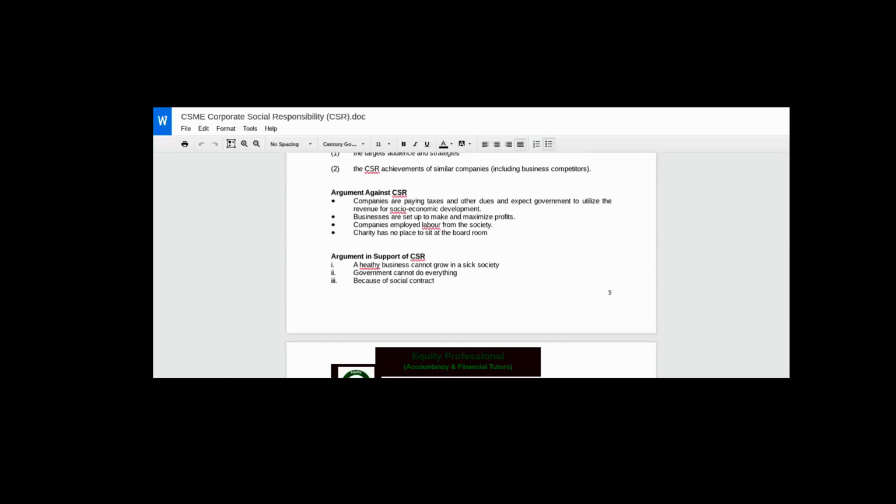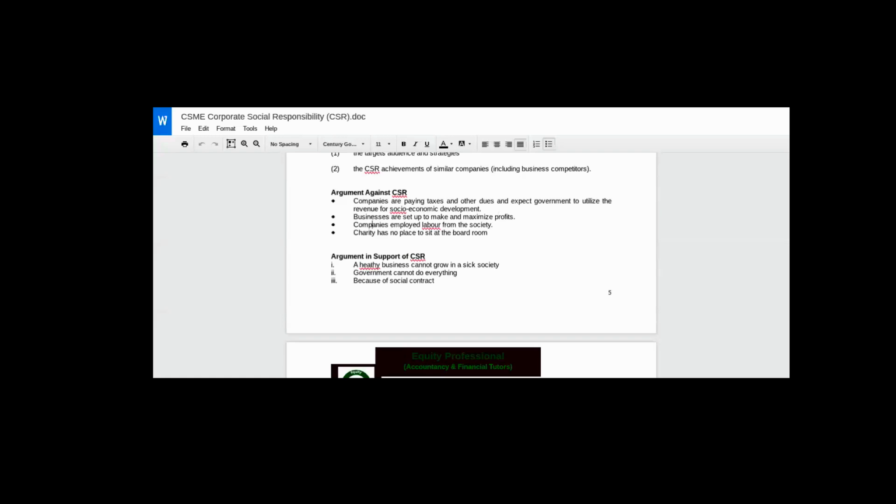That the objective of a business enterprise is to make and maximize profit and increase the wealth of the shareholders that have used their sweat capital to establish a business. They finance it. At times, they are faced with some risks and make a lot of losses. So how come we are telling us that we should be responsible to society and not the owner of the business? Number three,